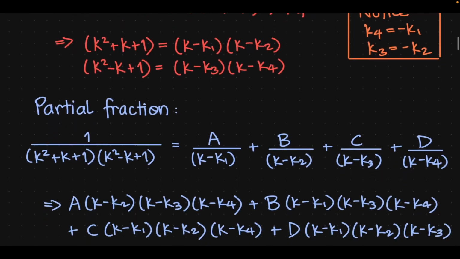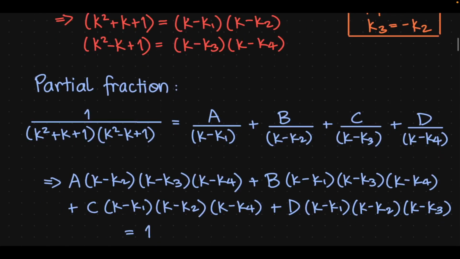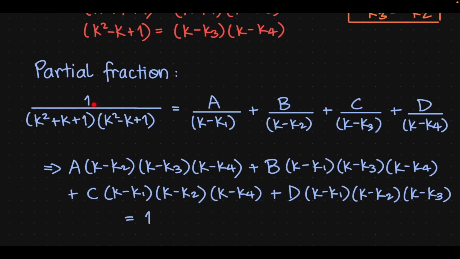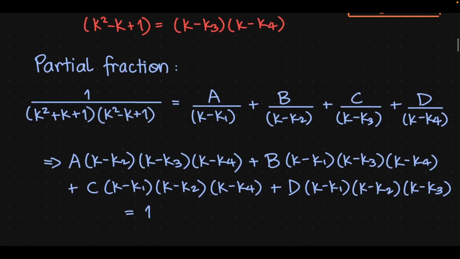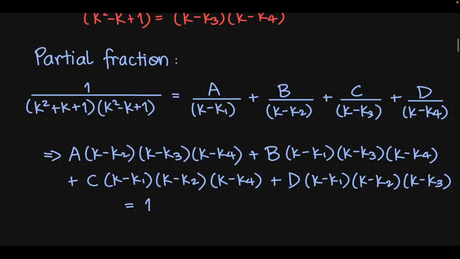And we can solve for those undetermined coefficients by cross multiplying on the right side. So we get a times k minus k2, k minus k3, k minus k4, plus b times k minus k1, k minus k3, k minus k4, plus c times k minus k1, k minus k2, k minus k4, plus d times k minus k1, k minus k2, k minus k3. All of that equaling the numerator of the left hand side, which is 1. And of course, you can expand each term in the bracket, gather the k cube terms, k squared terms, and the constant terms, and then have 3 different equations. But